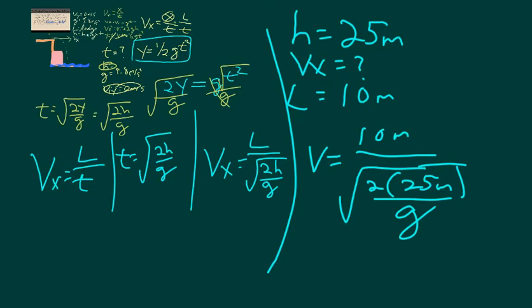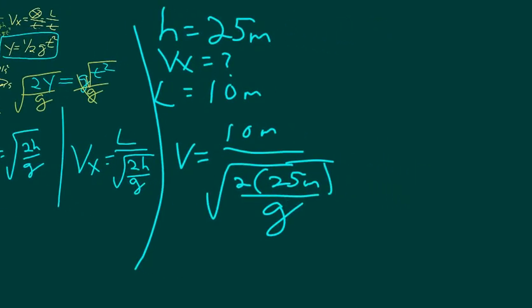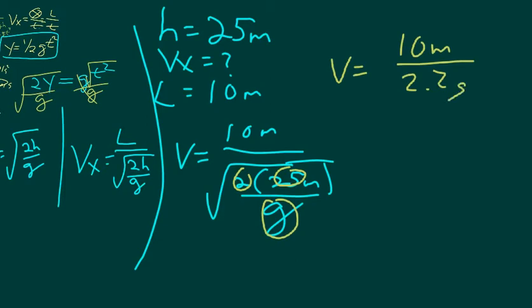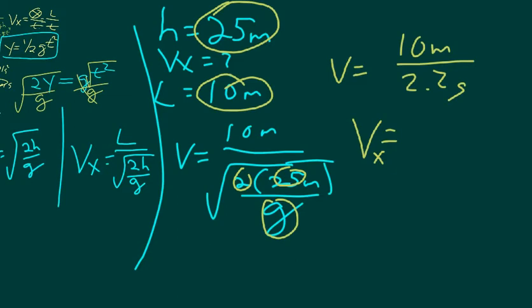All right, so the velocity is going to be 10 meters over, let's see, 2 times 25 is 50, and if we estimate that g is 10 rather than 9.8, we have 50 divided by 10, which gives us 5. Square root of 5 is like 2.2, so 2.2 seconds. So the velocity is going to be 10 over 2.2, and so the velocity in the x direction that is required to clear the 10-meter ledge after falling for 25 meters is